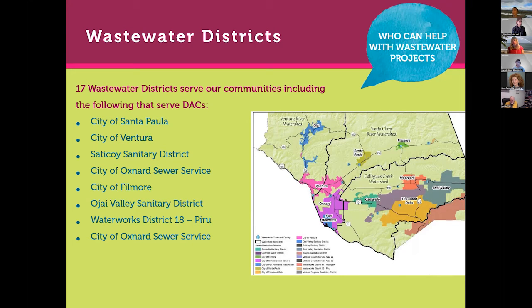The city of Ventura is looking at potable water reuse. And there are projects in the city of Oxnard, a very large advanced water purification project that is and will be producing even more wastewater usable for agriculture and urban landscapes. So these are going to be benefiting all of the communities, some of the underserved communities in the county. Next slide.